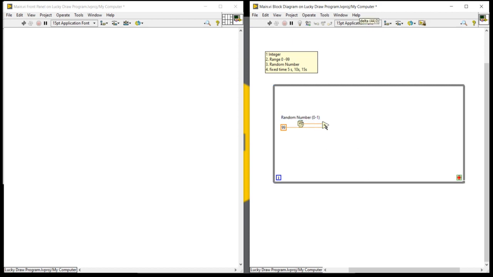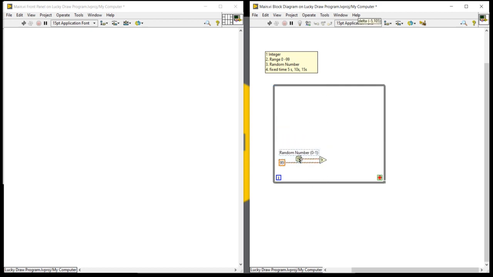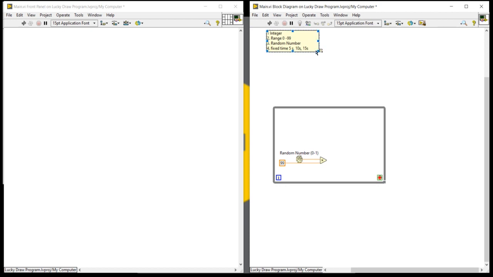After that, you know very well our lucky draw number is an integer number. Always our lucky draw number will be an integer number. So now I'm going to convert it into an integer. Which kind of representation can I take to convert my floating number to an integer number?